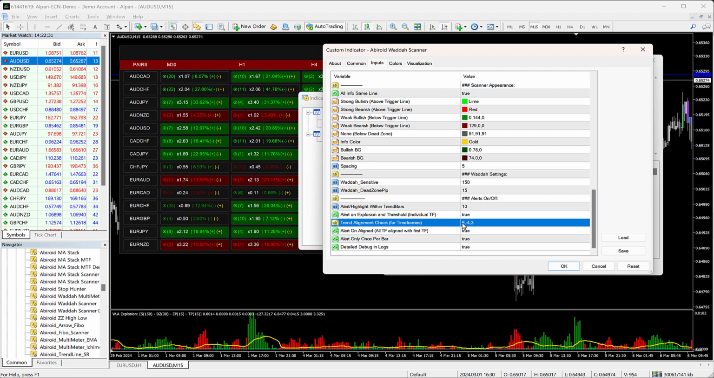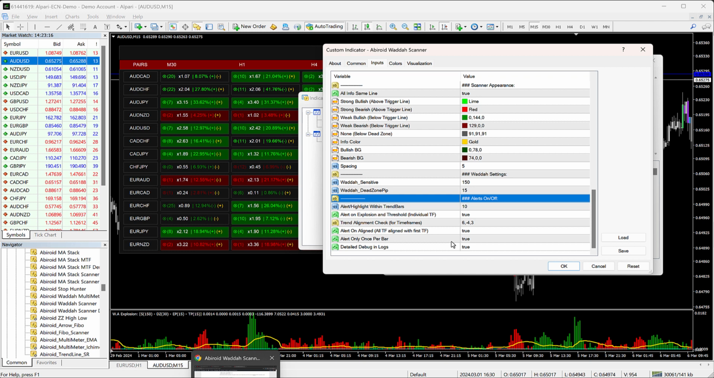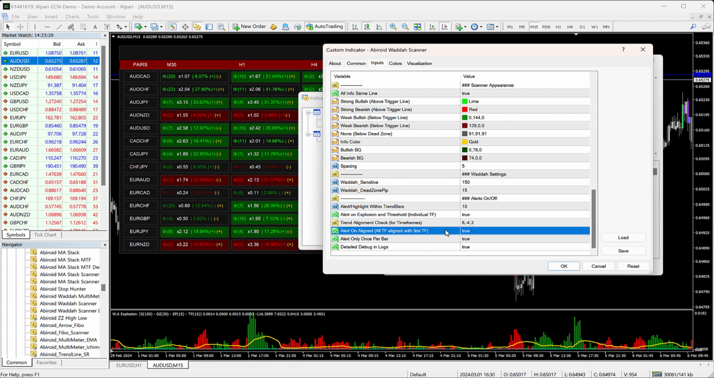So for the first time frame, it will check all the conditions. Second time frame, it will check that the Waddah is in the opposite direction. And for the final condition 3, it will check if Waddah is in the same direction, but it won't check these trend bars. And I would suggest that you check these out, and if you have set this to true, alert on aligned, then it will go through all of these conditions and it will show you an alert only